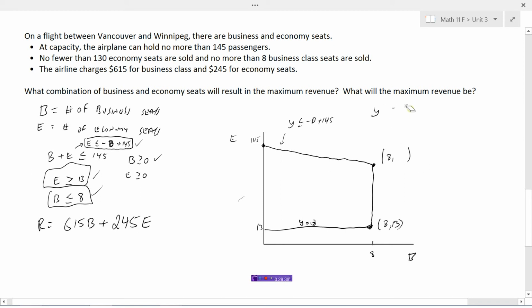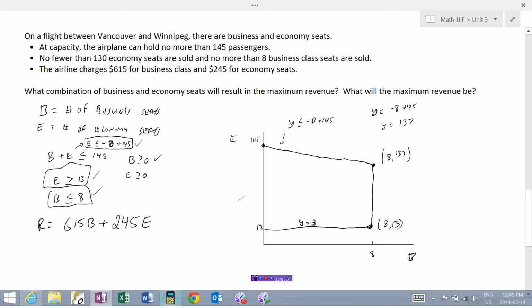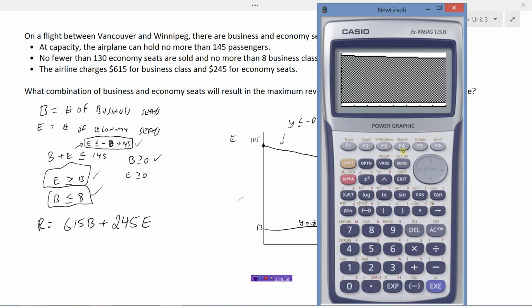Oops, let's write that again. We're just going to use this as an equation. So y is negative 8 plus 145. So we get y equals 137. So we get 137 up there in that corner. So here's our 4 points. Another way we could do this is we could go to gsolve, and we could find